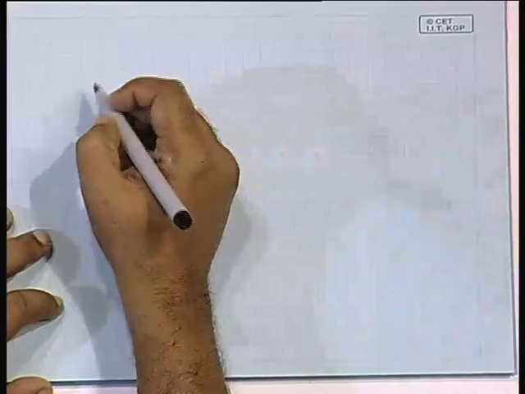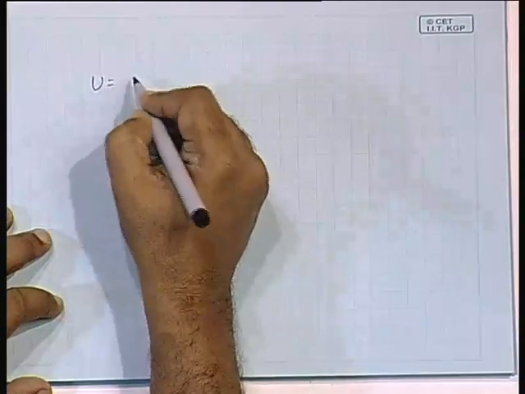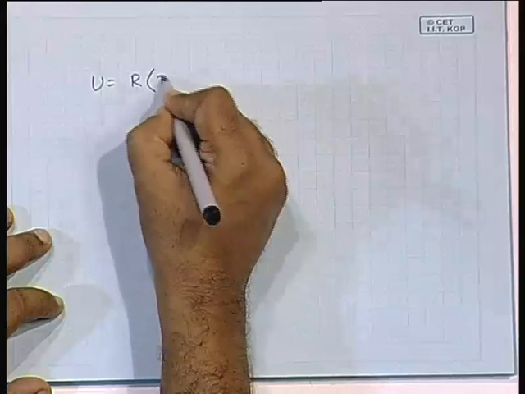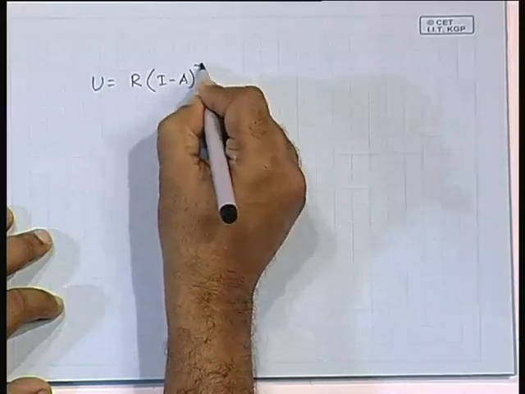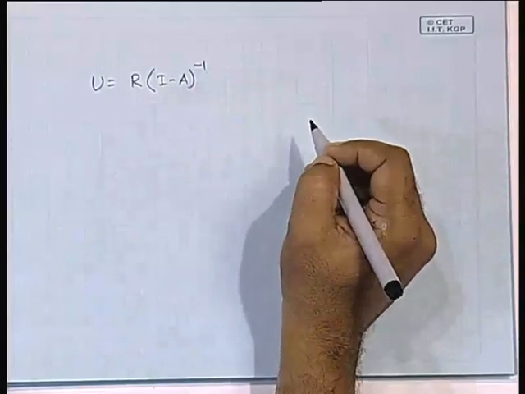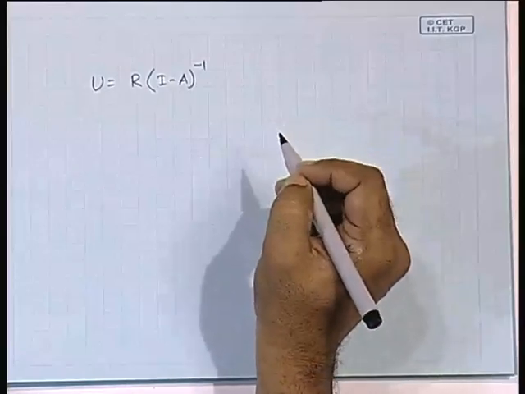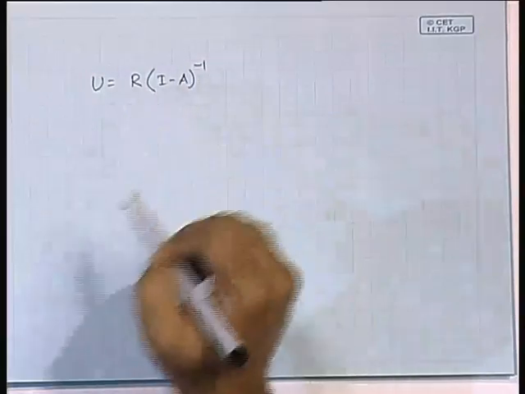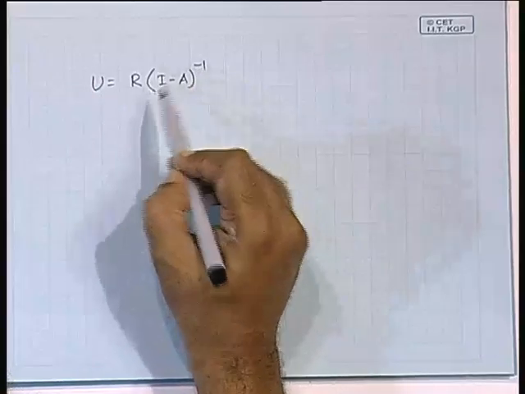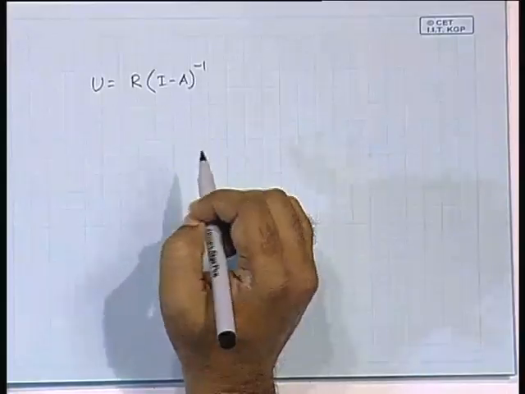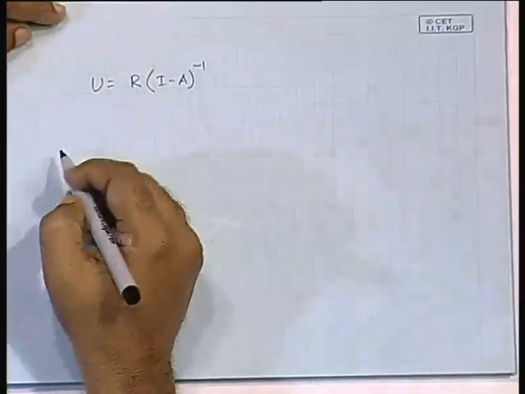So, if we then write U is equal to R (I minus A) inverse, then what will be the form of this matrix? (I minus A) inverse was the 5 by 5 matrix, R is 2 by 5. So, we can obtain that. If you obtain that, that takes the shape